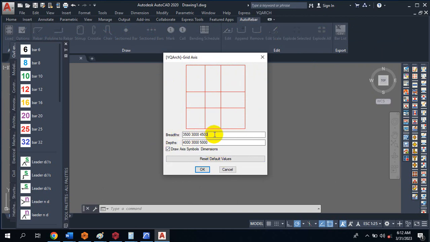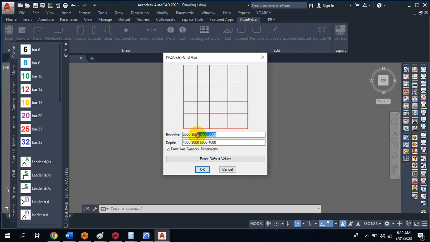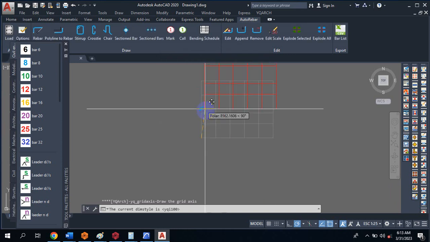You do your spacing by just pressing your space. When you click on space and you type in 5,000, for example, here if I space and I type in 4,000, for example, you can see the space has increased. But let's say, for example, here I have an equal spacing along the X direction. All I need to do is just to use the multiplication. Once I multiply this by typing, let's say 5, you will see that it has taken